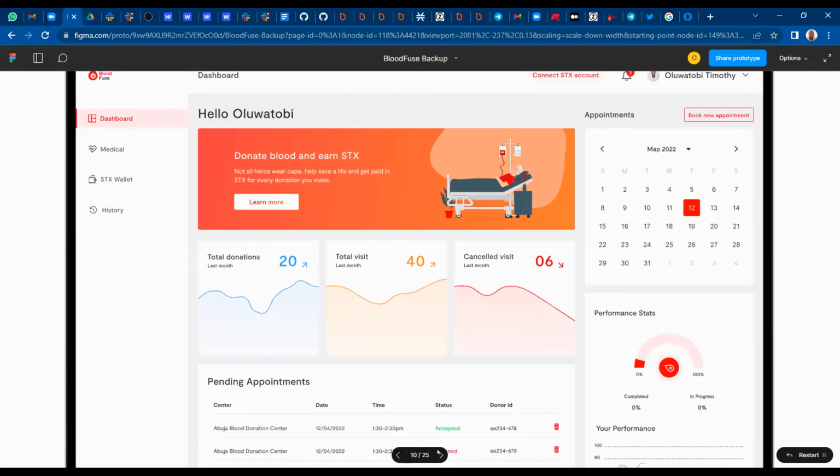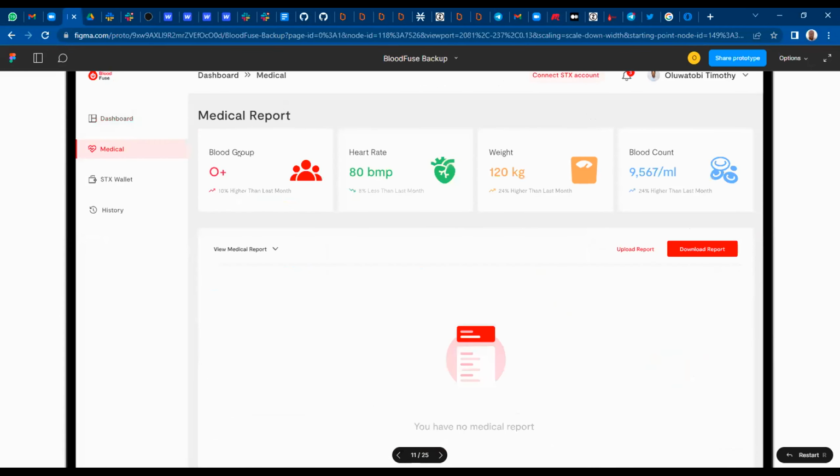So this is the dashboard of the user. It gives you the medical reports and all of that. With conventional blockchain, these reports would be on the network for everyone, but this is where Sapphire comes in, in terms of confidentiality. Members can keep this record in confidence. Yes, there's transparency in transactions, but it is not exposed for everyone to see. So that's the reason why we want this project, BlockFuse,